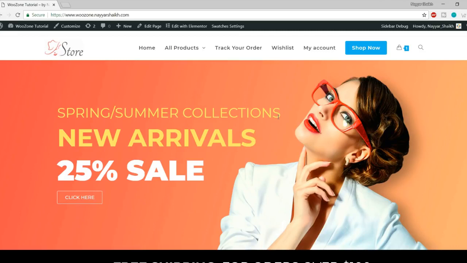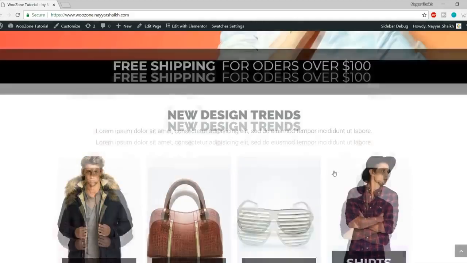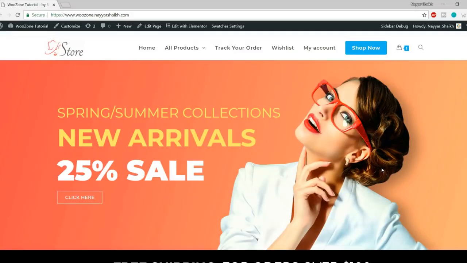Okay, and then the next thing that we need is hosting, and these 2 things are compulsory: domain name and hosting. Without these 2, you just cannot proceed further. Now you know what is a domain name. It's a web address. The second thing is hosting. Hosting is a place wherein all your website data is saved. For example, all these images, all these different pages, all these products, every data that you see on your website is saved somewhere. It's saved in a computer or in a hard drive that is running 24/7, so that whenever someone comes to your website, they can see your website live. Whenever you go to Facebook, you see live Facebook,